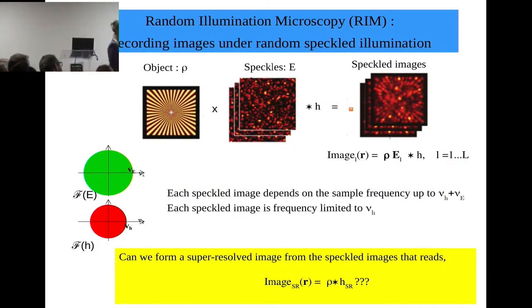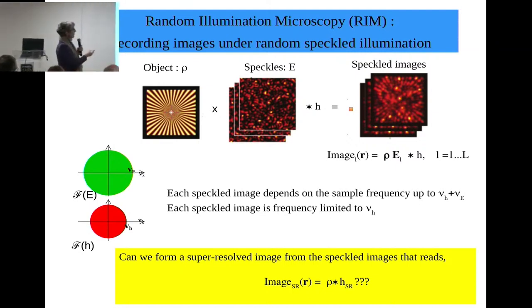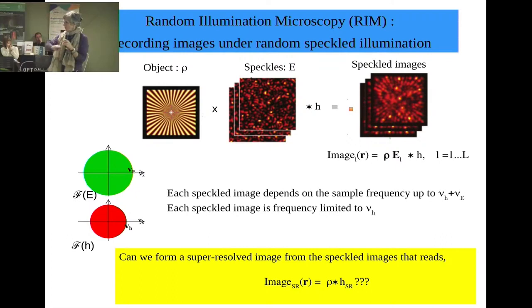But there is something that we know. Those speckles are what we call fully developed speckles, and there is a huge book by Goodman about it. And those speckles, we don't know anything about the pattern, but we know everything about the statistics. We know the average of those speckles, it's uniform. So if you sum all those speckles, it will be uniform. And we know the covariance, which is the autocorrelation of the speckles, and it's perfectly well known when they are fully developed.